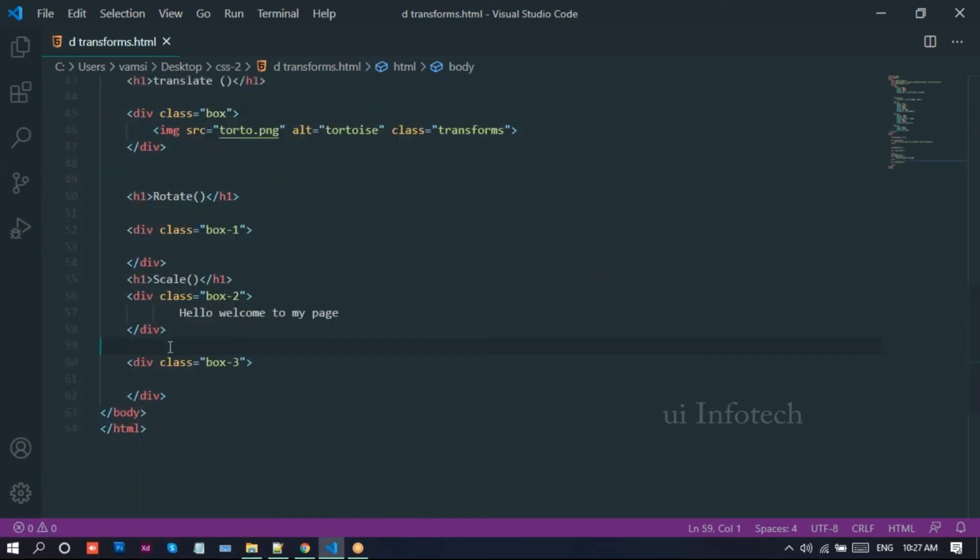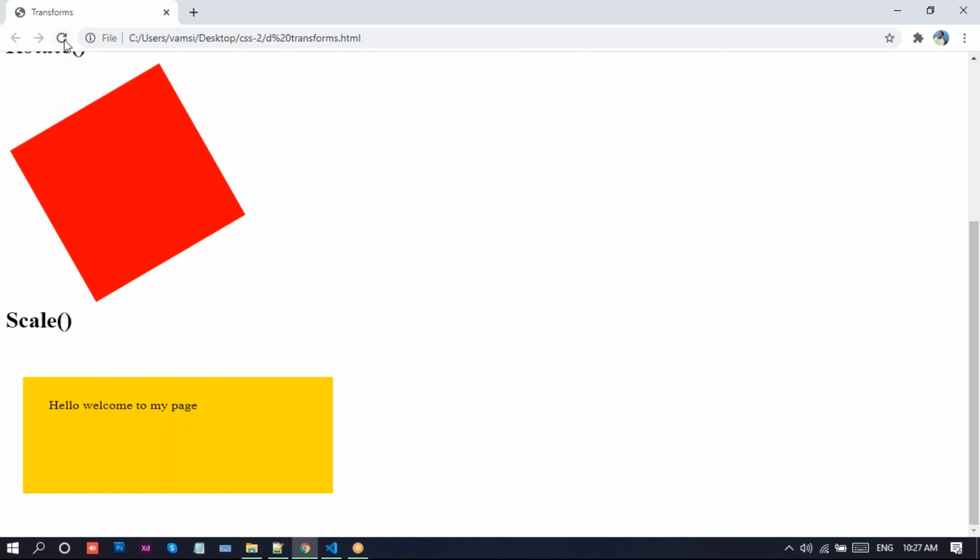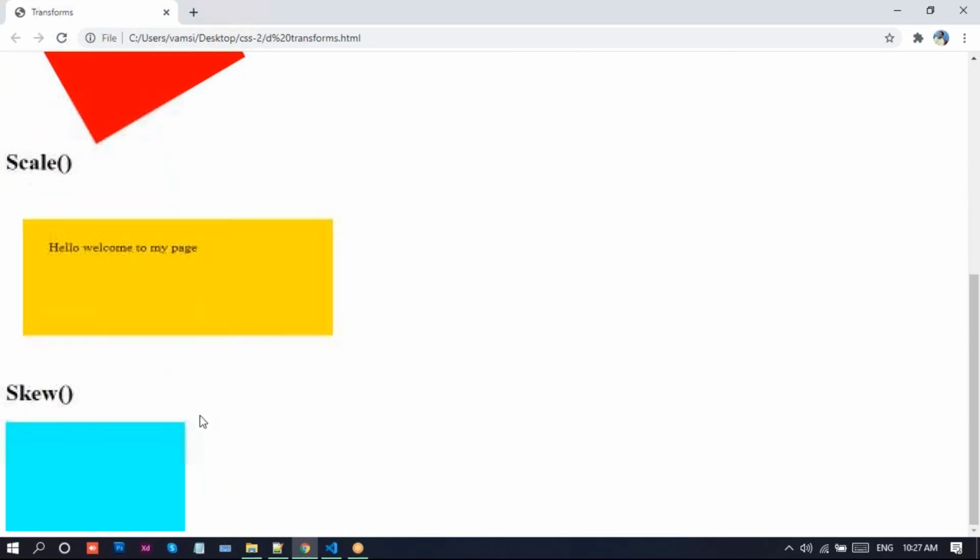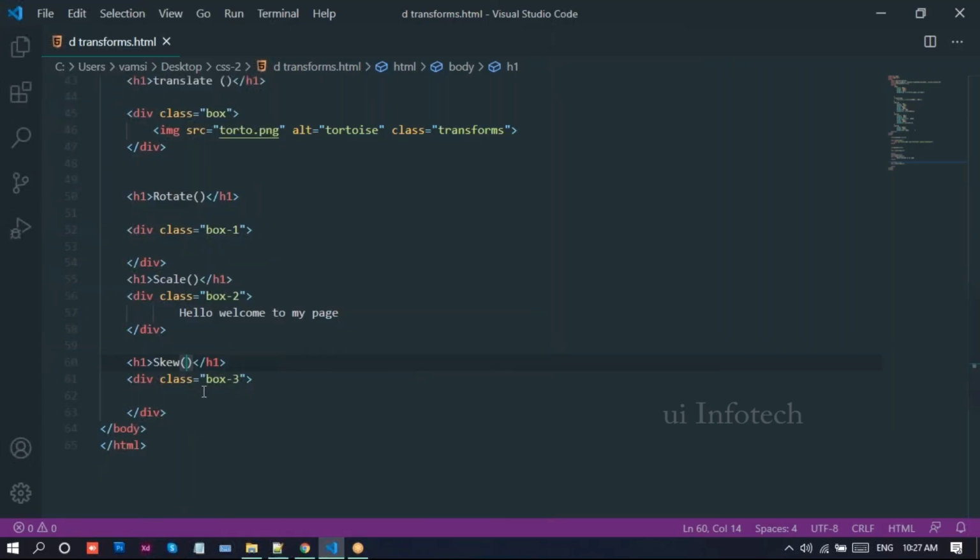Now we just run this one on the browser. Before running this one, I'll provide the heading there. This is a skew function. Now go to this browser once. Just reload this page. Now we place the skew there. For the skew elements, we can apply the transforms.